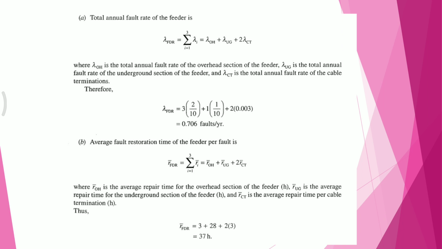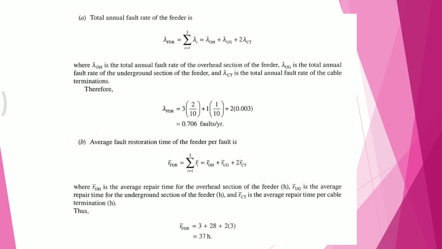The average fault restoration time of the feeder per fault is given as R bar FDR, that is equal to the summation of i equals 1 to 3 of R bar i, where R bar OH is the average repair time of the overhead section of the feeder, R bar UG is the average repair time of an underground section of the feeder, and R bar CT is the average repair time per cable termination,